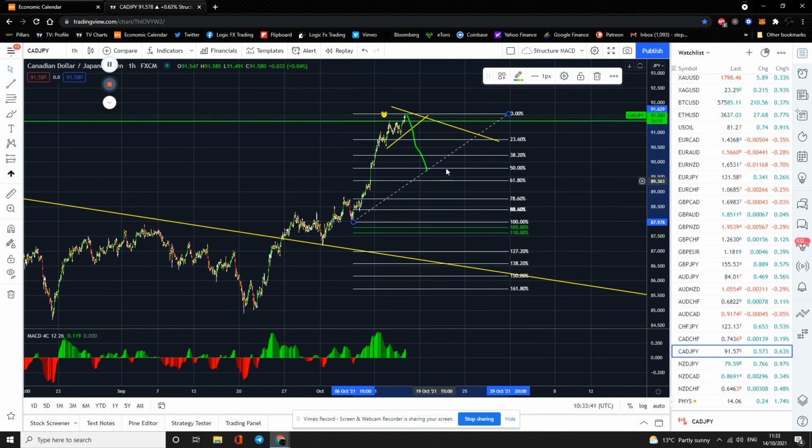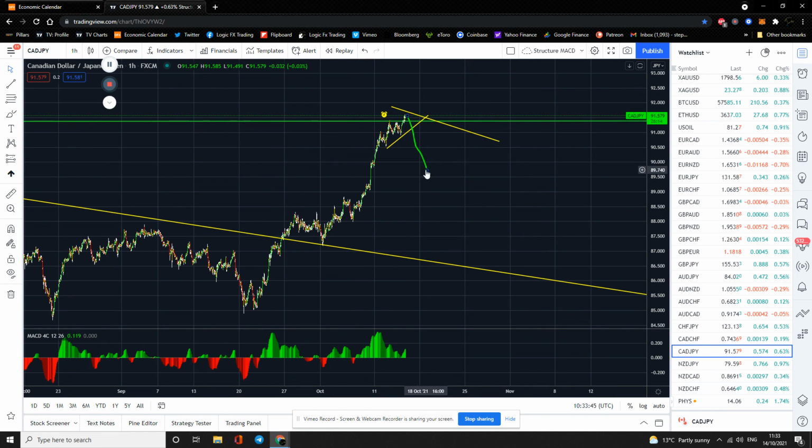There you go. I've got it down to a T, guys. You're looking for a correction, something like that. I'm not saying trade that, guys. I'm just saying there's the possibility, because it could be a running flat and it could push on up. But when you see something like that, you've got to be wary of it. If you're already in, possibly take your money, because it might well do something like that. But if the oil price were to come off, then you may well see a reversal on this, guys.